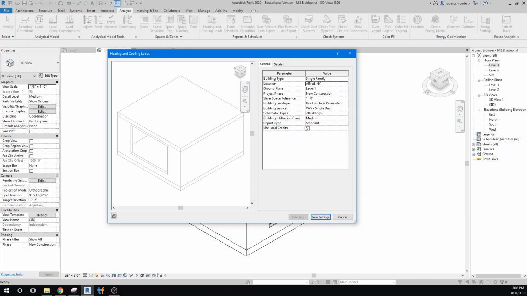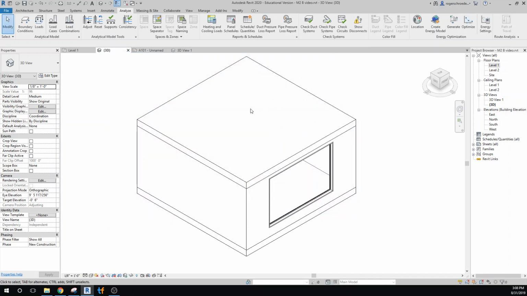We need to pay particular attention though to two things down here. The tightness of our building, it could be set to none, so it's not losing any air. And then the report type, let's at least make it a standard one. We'll save those settings. And what we need to do in order to be able to calculate is I'm going